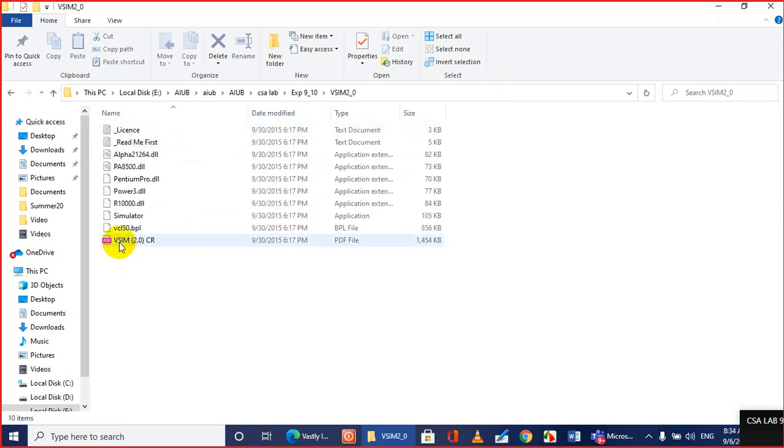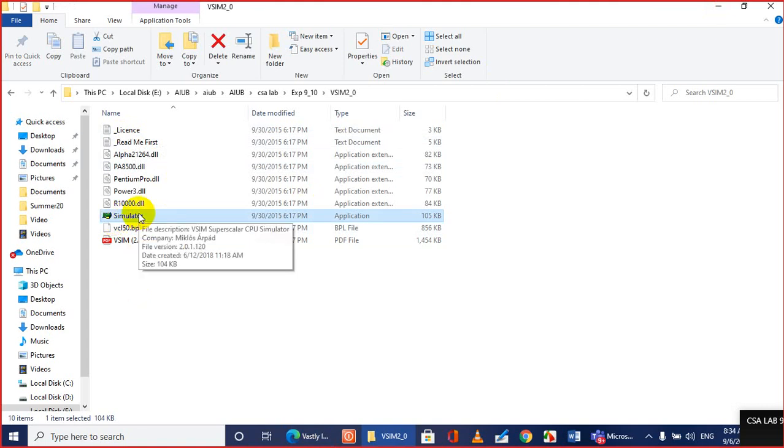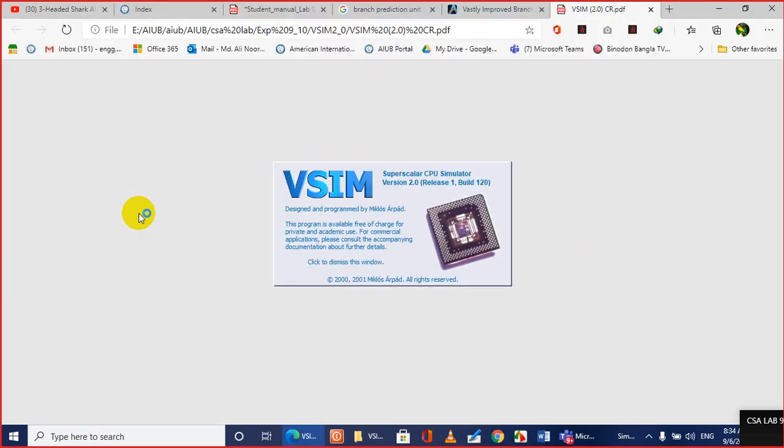Let me run it. Superscalar CPU simulator.